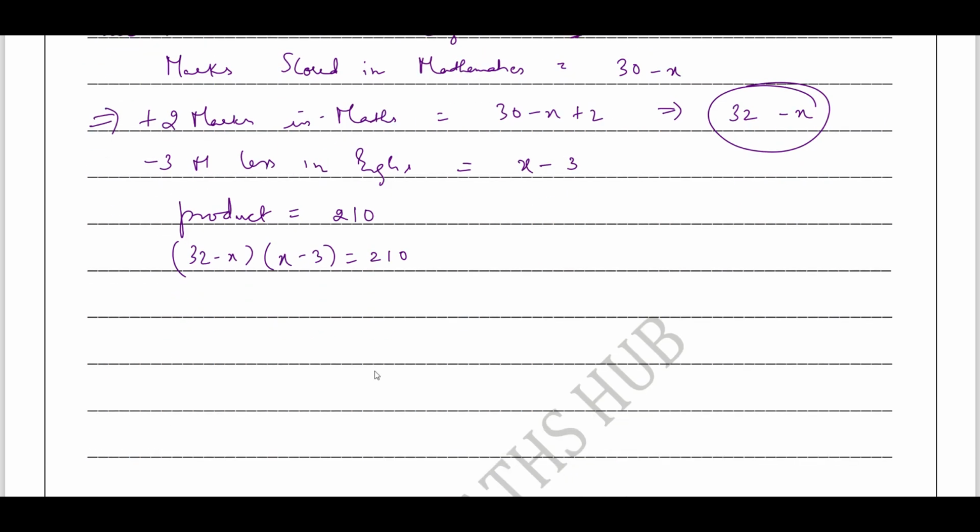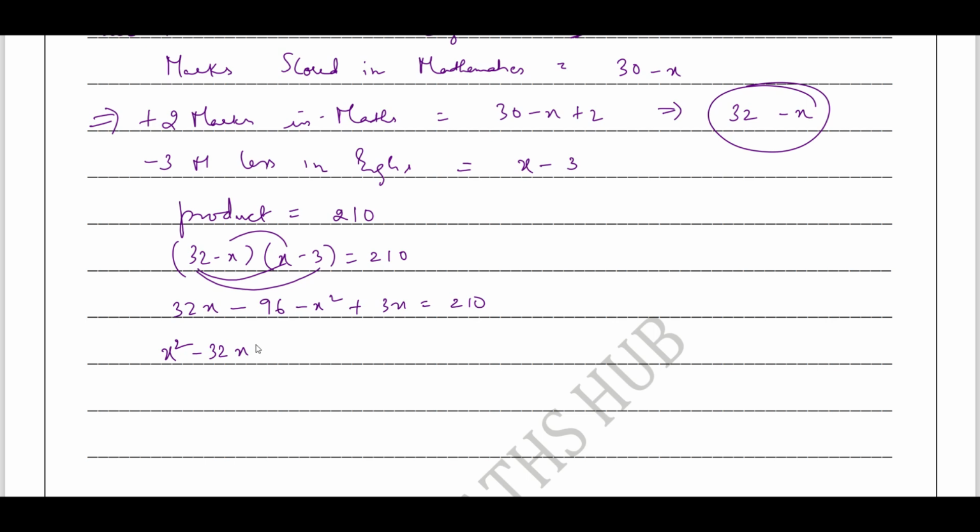Now cross multiply. Sorry, it's a binomial multiplication. 32 into x is 32x, minus 32 into 3, plus into minus minus, 3 threes are 9. Now x into x, x square, minus into minus plus, we will get 3x equals 210. Now shift all the terms to RHS. It becomes x square minus